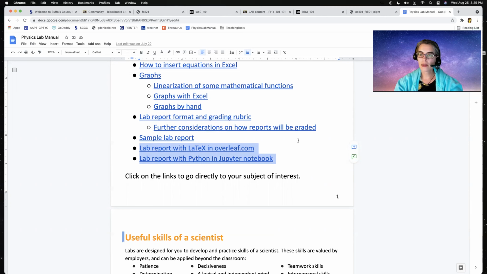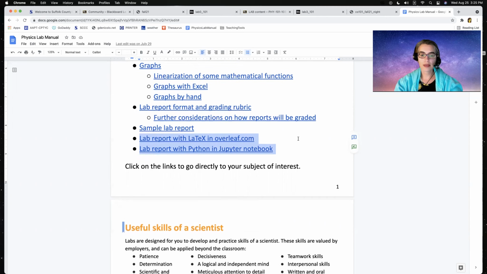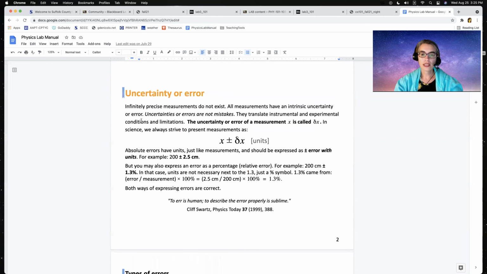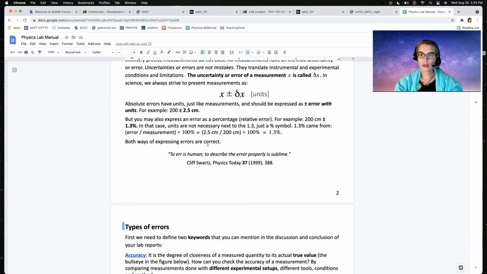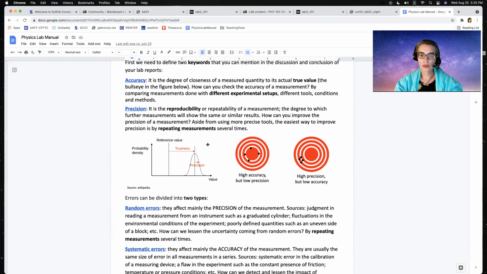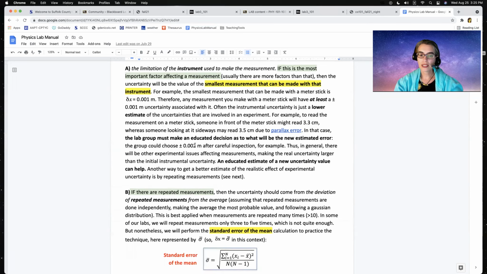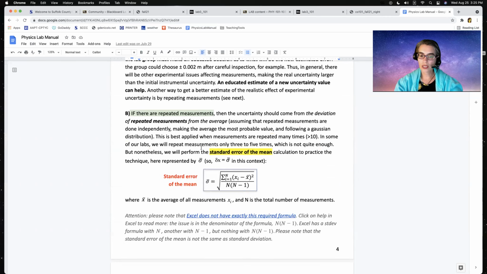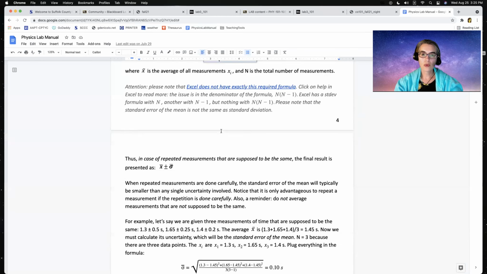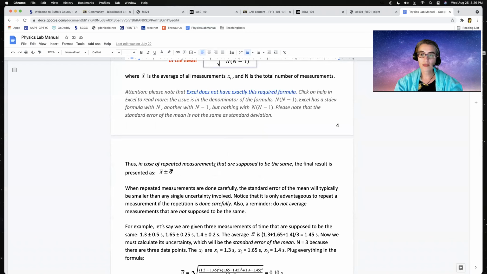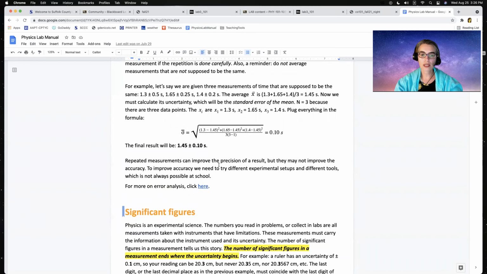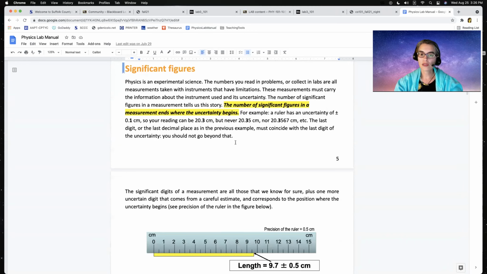This lab manual has 34 pages, right? Anyway, certainly we go over uncertainty and errors in the first class. We'll talk about how to estimate errors, how we're going to be calculating errors in Physics 101 in our labs. We'll go over these formulas. We'll use these formulas even in the first lab, okay, first assignment. Rules of significant figures, you'll be using that in lab and lecture,